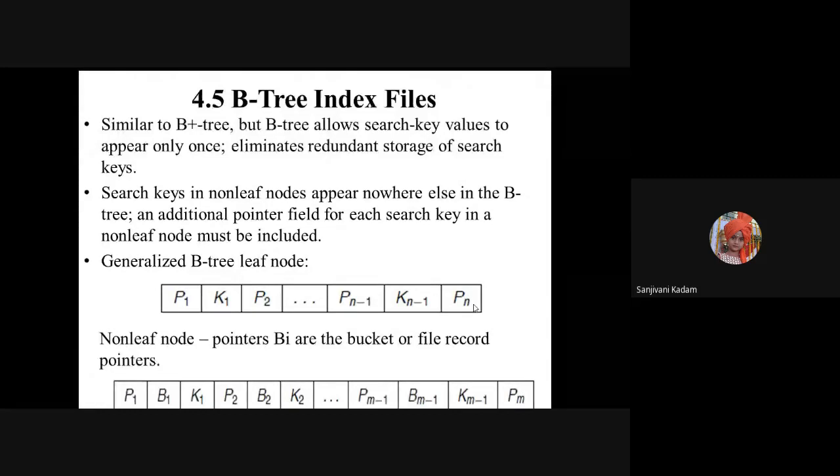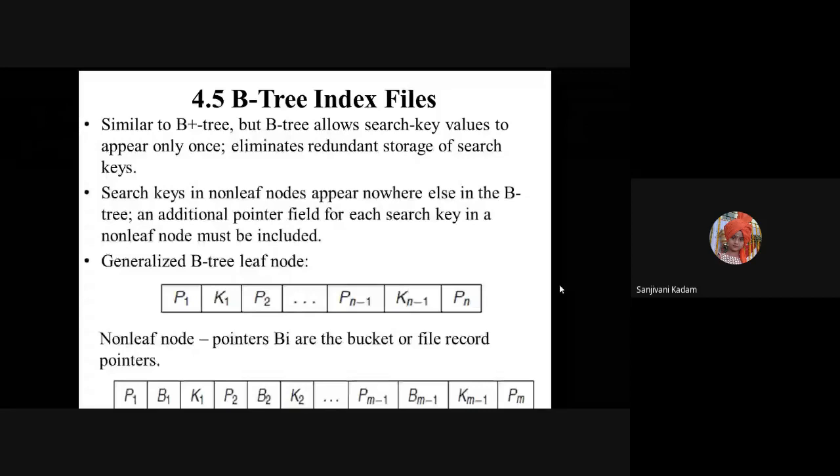Unlike B plus tree, where only at the leaf node there is a pointer to the actual record, in case of B tree, at the internal and root level also, we have pointers to the actual records, and hence there is no need of repeating the same record in the leaf. Because of having pointers to the records as well as pointers to the children, this structure is somewhat different. So the leaf node of B tree and B plus tree is the same, but the non-leaf nodes have a different format.